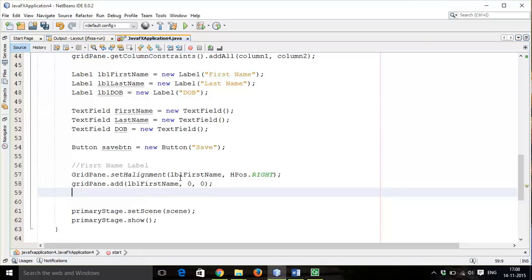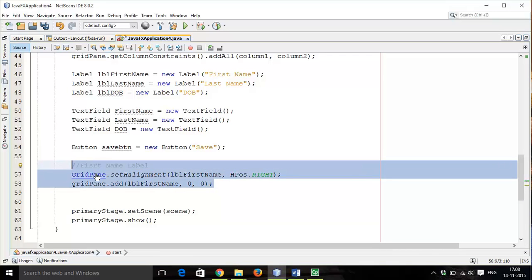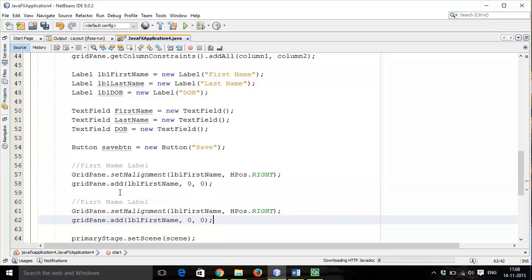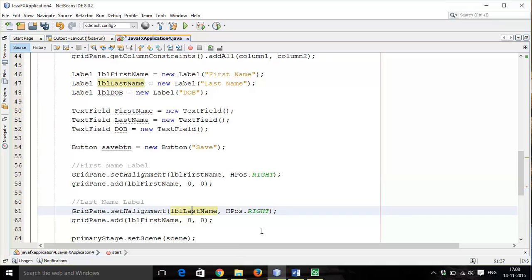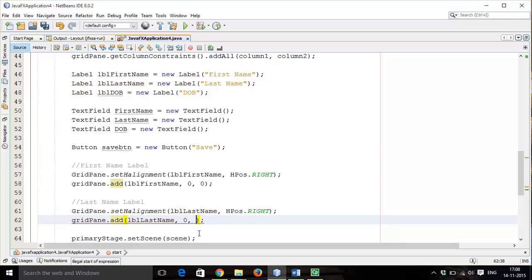So next add a last name label. So I will copy this, make some changes. Last name, set horizontal alignment for last name, horizontal position right. Add this to the grid. So label last name on the position 0 1,